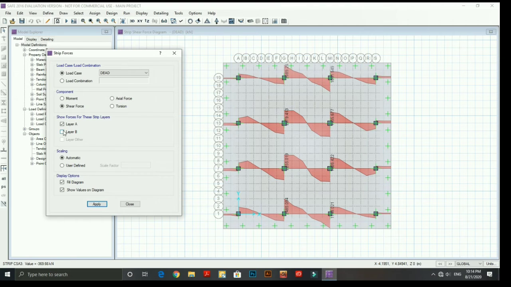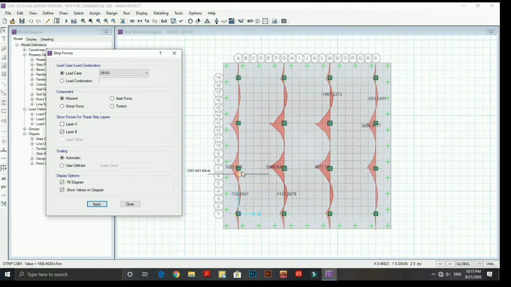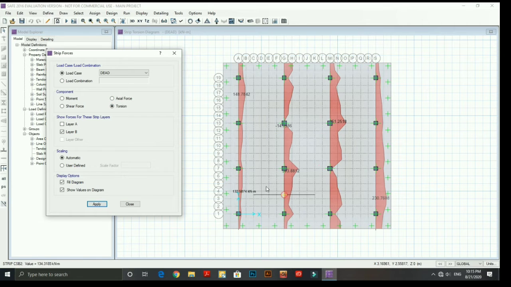The strip load cases, both layer A and layer B, and you can see the values from here. This is for the dead load, and you can also change it for live load, moment, torsion, axial and shear, everything. I check them all just to show you the results.